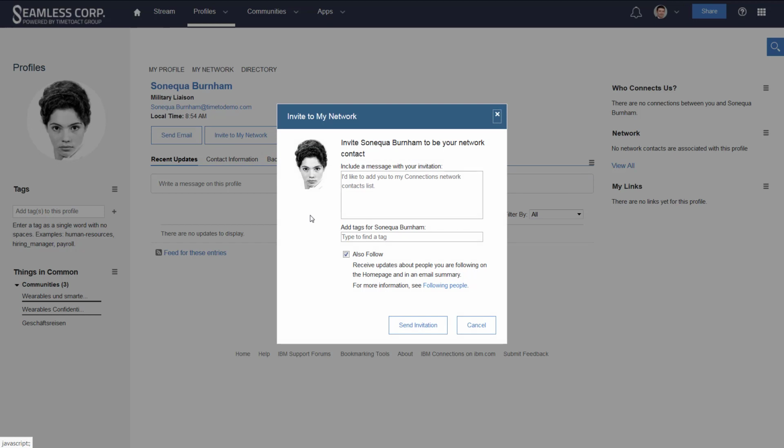This invite contains certain features that you can already use as you are sending the invitation. You can include a message telling the person why you are asking them to become part of your network, if that for some reason should not already be clear. If you have some tags for the person you're inviting, you can type them in right now. For instance,